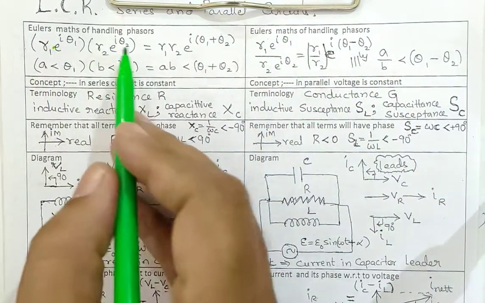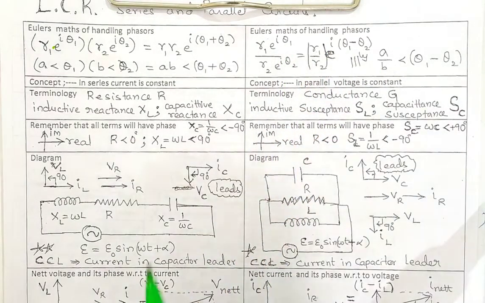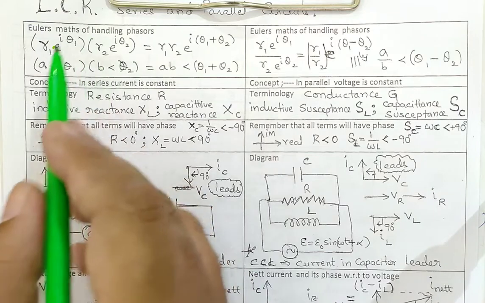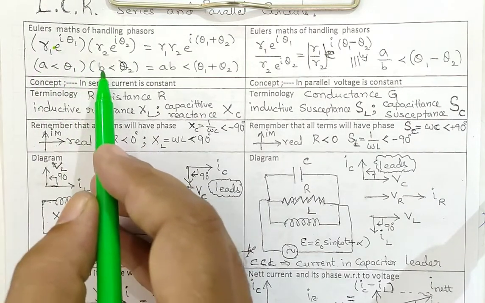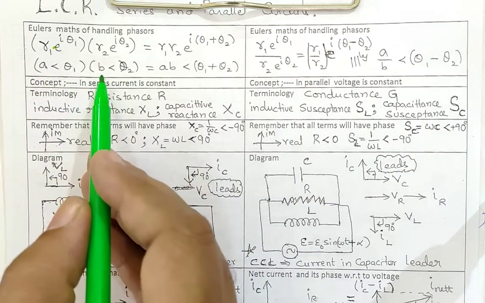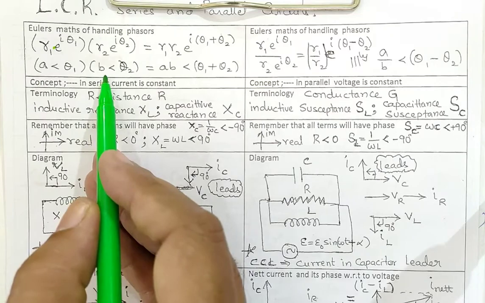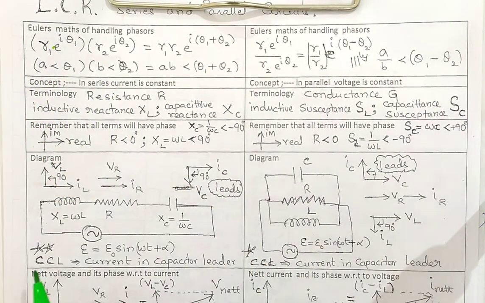In multiplication, multiply and add. In division, divide and subtract. Even this can be written in a much simpler way. Amplitude, let us take it as A, and the phase angle theta. Amplitude of the second one, take B and angle theta. So this is, say, current, this is EMF, or this is EMF, this is current. Both are phase dependent in case of alternating currents. The same logic we can apply here.